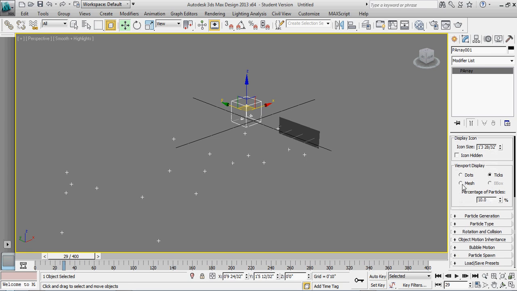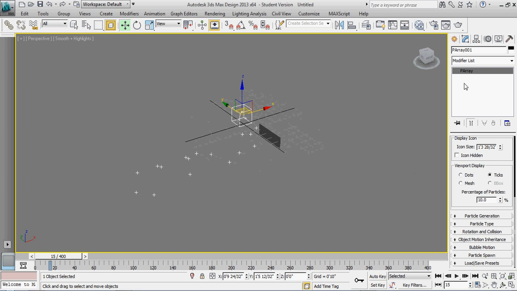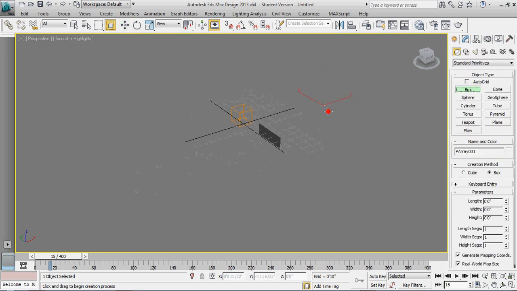In the viewport, I actually want to switch this to display a mesh. Right now that's made all the ticks disappear. That's because the little tick marks that were there, turn those back on, are only placeholders. Those essentially hold the place of what mesh is going to be applied. So I can either select an object and apply that to the ticks. And in fact, let's just do that really quick. So if I have a box right here, about that size,